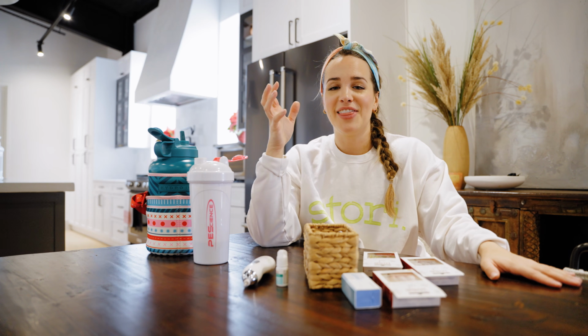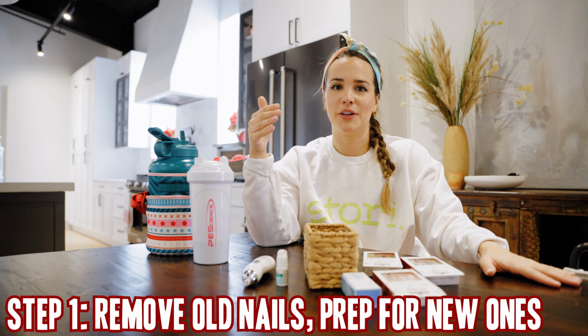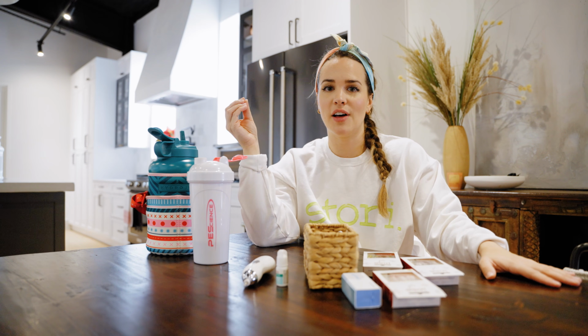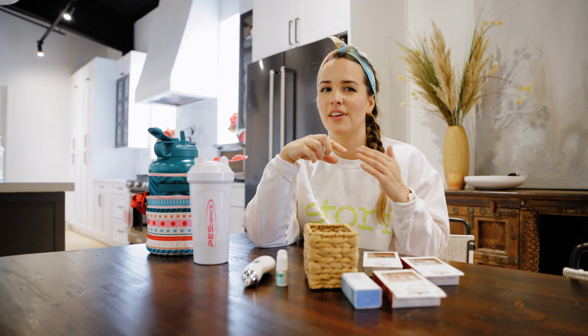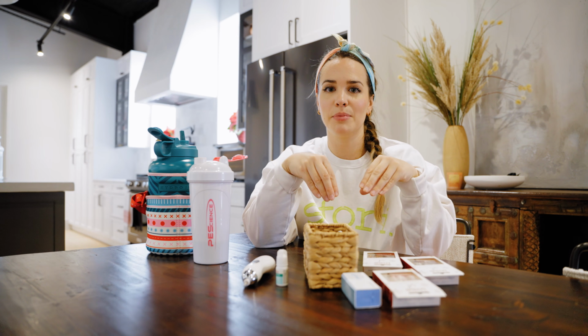Okay, so the first step in this process is removing the old ones if you have them on, and then prepping your nail. So removal, I usually wear them for a full week. Occasionally I'll have to glue on some that pop off, but it only happens like 2 or 3 times a week. By the end of the week, you can kind of work them off. But if you weren't able to pop them off, you would just soak them in 100%